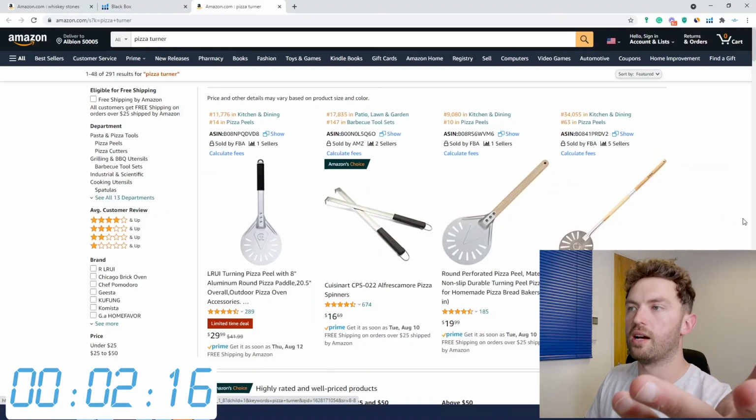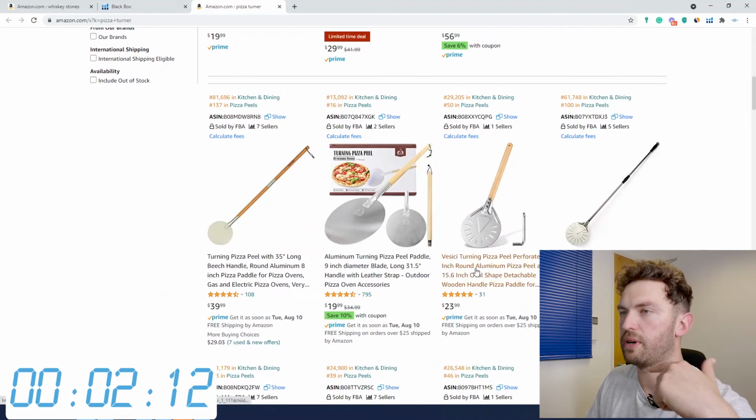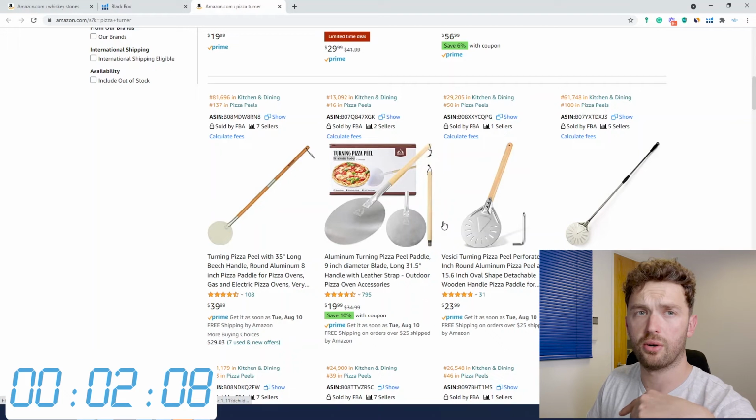Pizza turner. Guys, if you watch my videos, I talk about this as a product a lot. This is a cool idea. A pizza turning peel. Yeah, I've done loads of research. The free PDF I give out, this is one of those 4 products that I found about a year ago that was pretty cool. I like that product. So there you go. That is how you can find